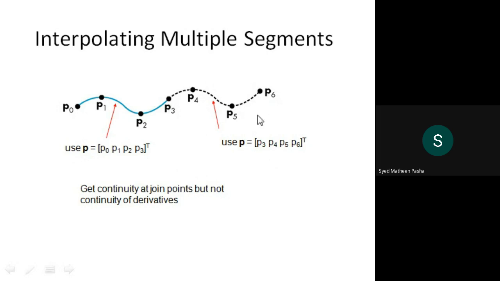That is, you need not give continuity to the curves when interpolating multiple segments. You can get continuity at join points, but not continuity of derivatives. You can tell these are the join points, right? So with the help of these join points, you can define two different interpolating segments with respect to multiple points. So this is how interpolating multiple